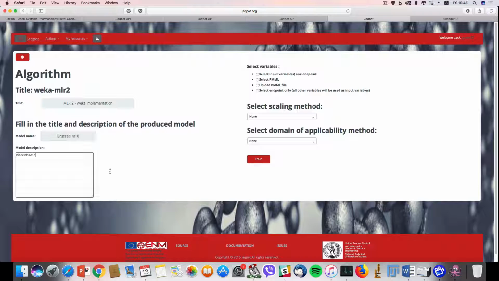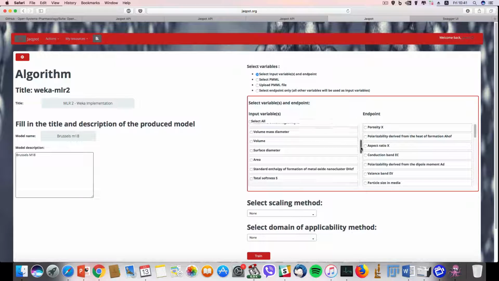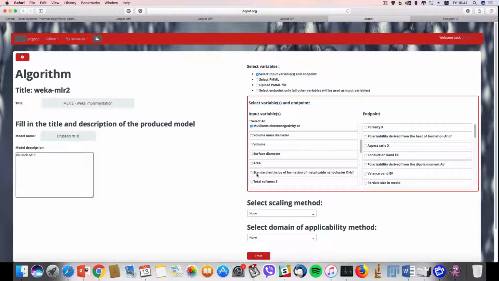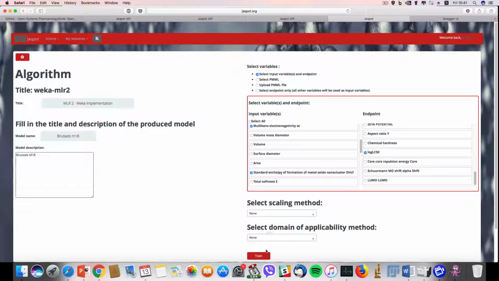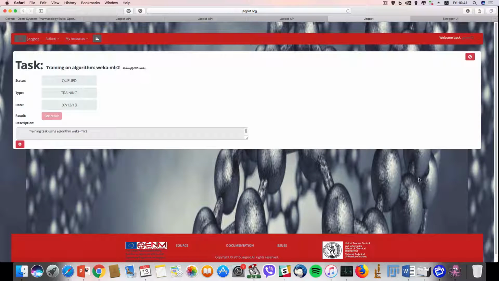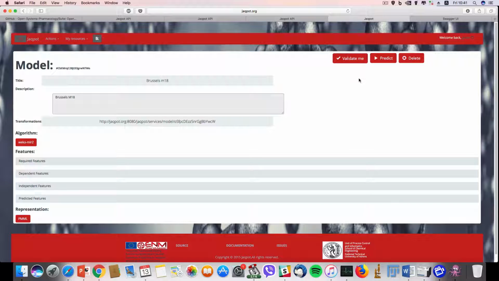We select a model name and the description of our liking, and we'll select as inputs the two variables that were used in the model that was found by the authors to perform best, and no scaling method and no domain of applicability method. So after training is complete, now we see the model web page, which has its own URI, and